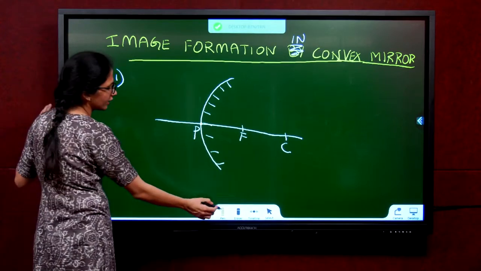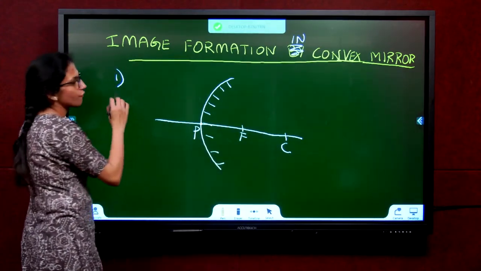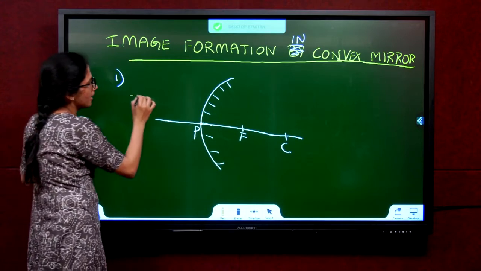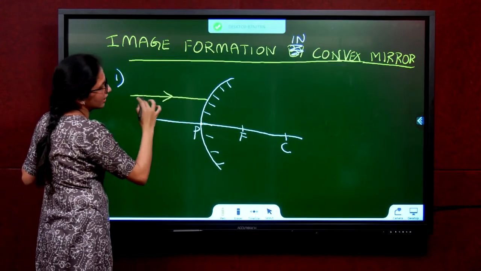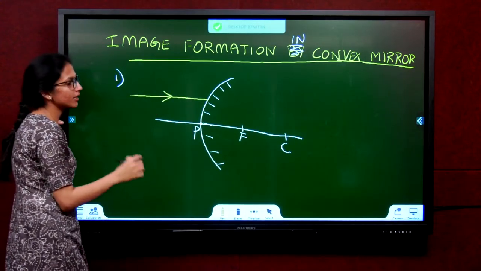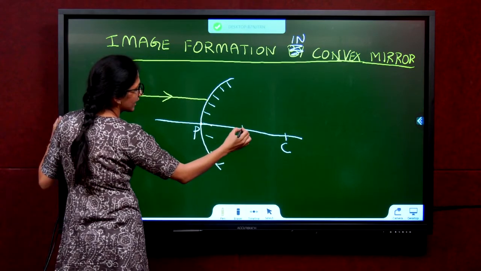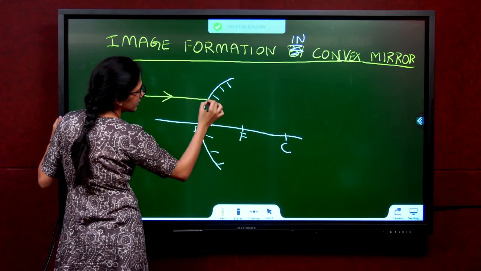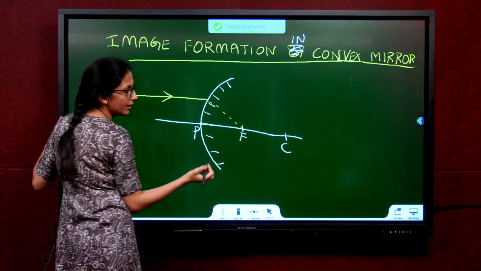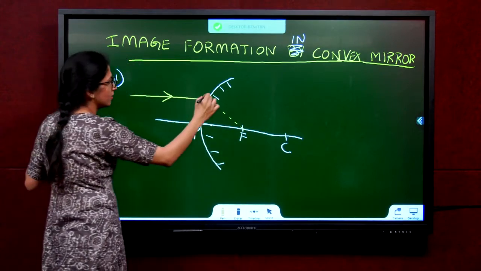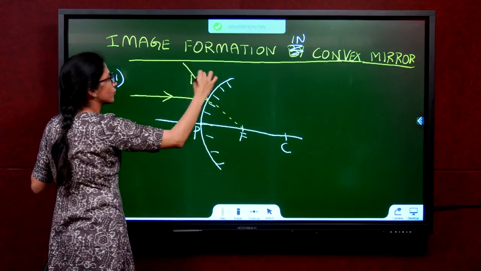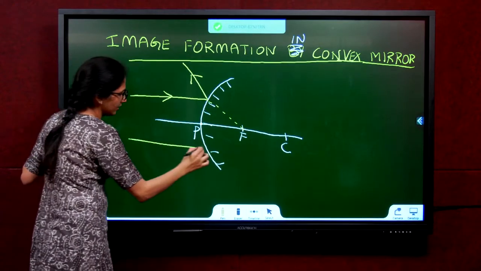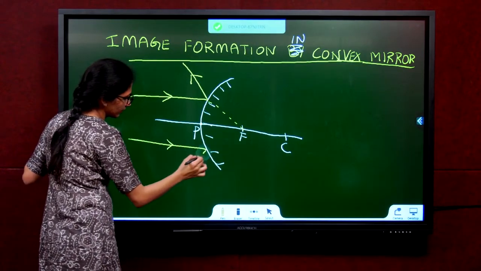First case, at infinity, you already studied that. From infinity, what kind of rays come? Parallel rays. So a ray coming parallel to the principal axis appears to pass through the focus. So take your scale, join these 2 points. This will be dotted. Why? Because it's behind the mirror, it doesn't really happen and it goes away. Similarly, take here, it comes.